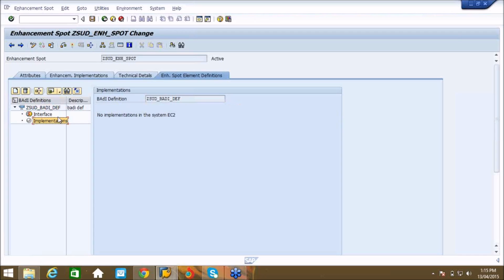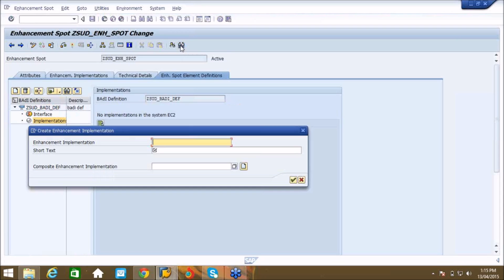And create an implementation. For this you can click on this icon, enhancement spot. I want to create an enhancement implementation for the enhancement spot. So I have to give the enhancement implementation name, ZSUD_ENH_IMP. This we have already used, so I will give implementation 1.